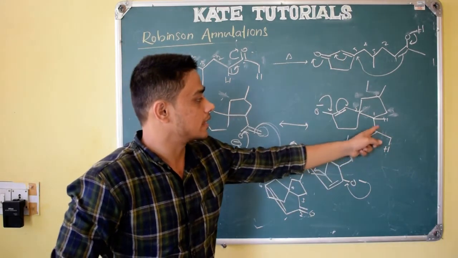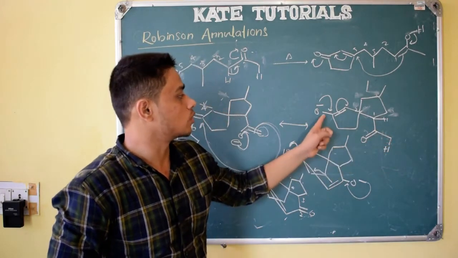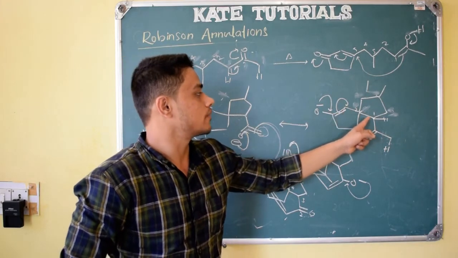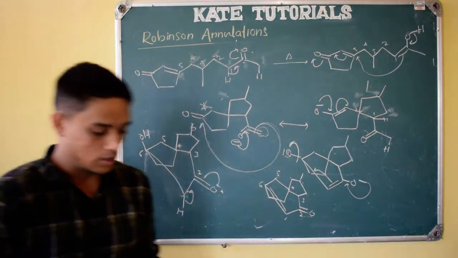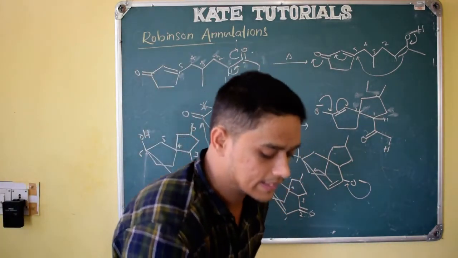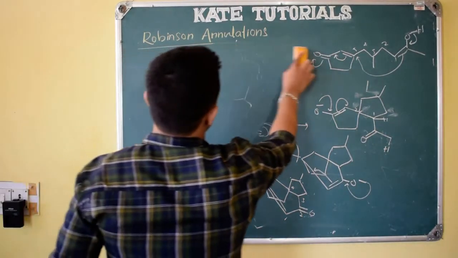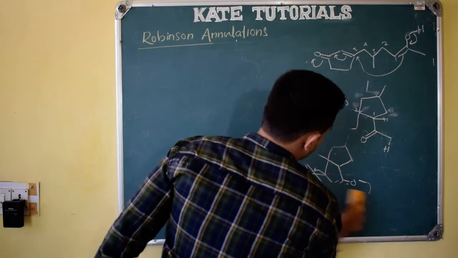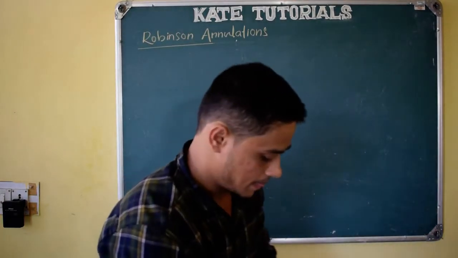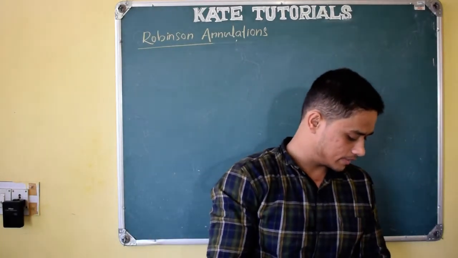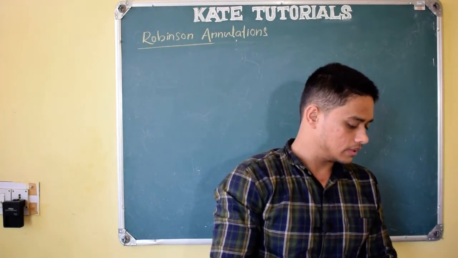But along with that, a carbonyl is there, acidic protons are there, right? Because of these acidic protons, again ring closing, because it will form 1 2 3 4 5 6, a 6-membered ring. So 2 times annulation occurs, that is nothing but Robinson annulation. These examples are very easy, no need to get confused. Once you understand the basic concept, it becomes easy to understand these things, right? There are many more examples we shall discuss, no problem.